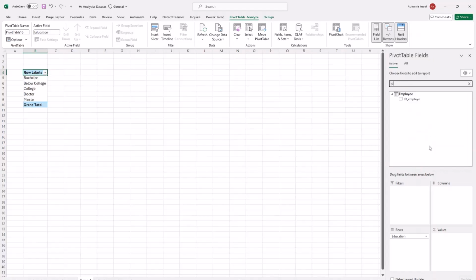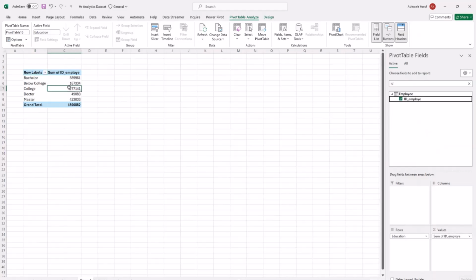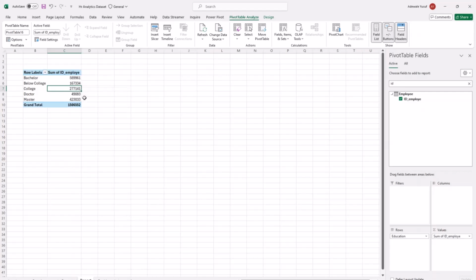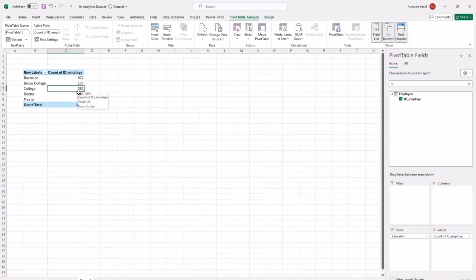I just brought the ID here, and then I right click on here. I say show values, summarize value by count, because I'm counting the total number of employees. But instead of doing that, I can actually write a calculation that would do that myself, right? And that is very, very easy. I'm just going to count the employee ID, straightforward. So I can right click this and say add measures.